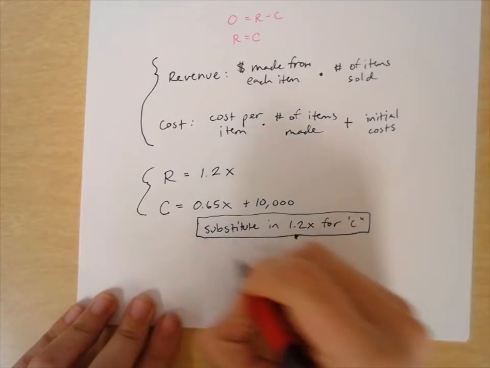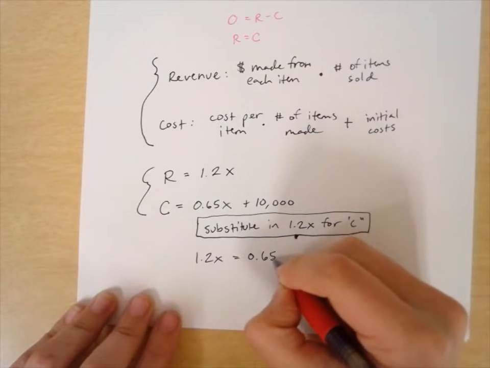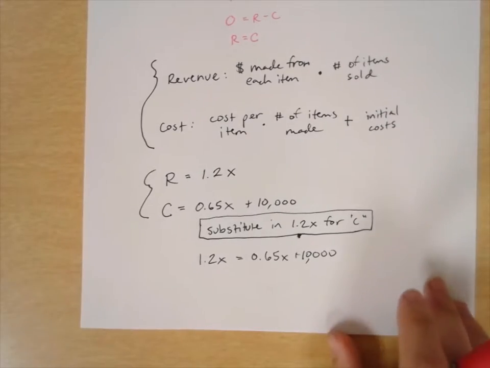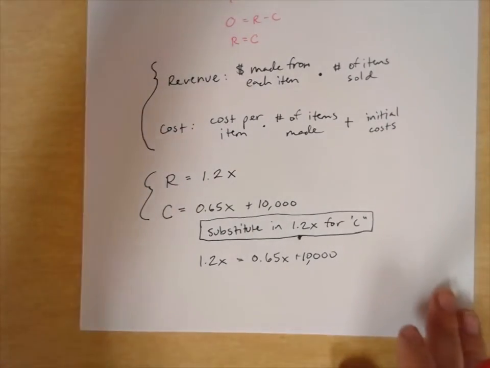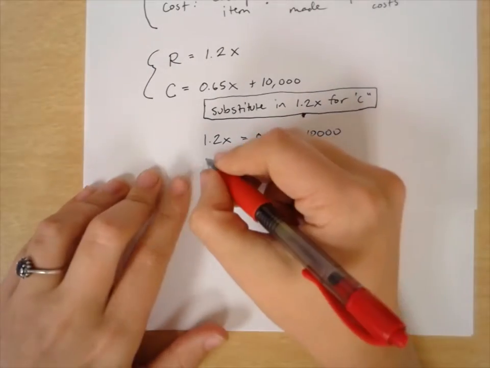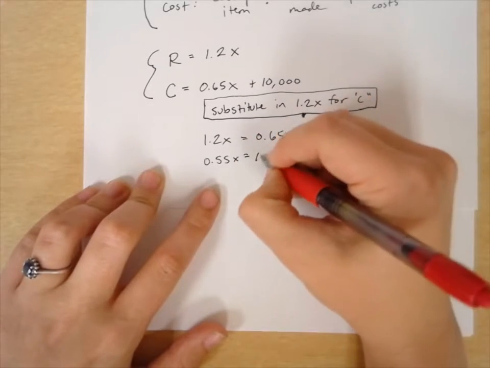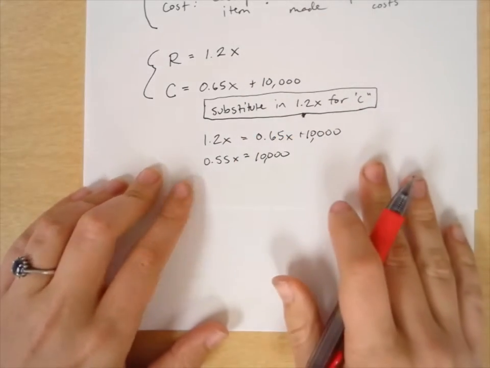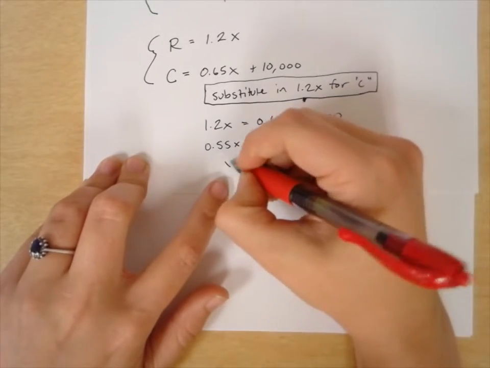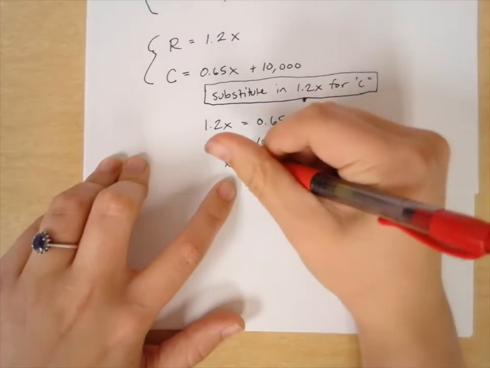So 1.2x equals 0.65x plus 10,000. Two-step equation, we're pretty solid with this. We should be getting 0.55x equals 10,000. And when we do some division, we are going to find that x is approximately, I'm going to round up here, you should round up as well when you put this in your calculator,